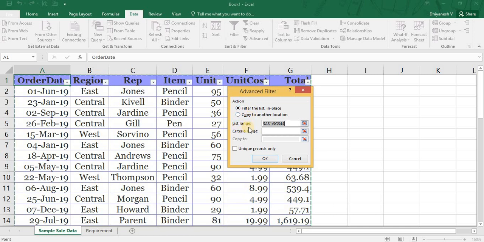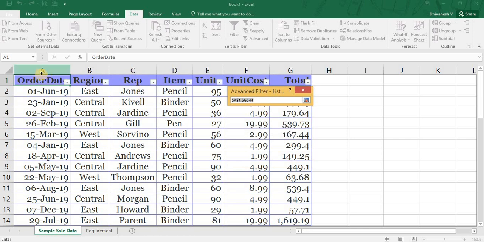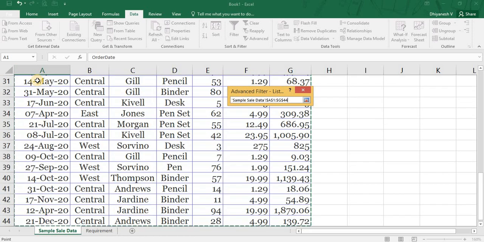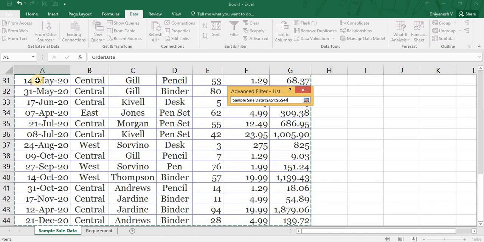List range represents the data which you are going to filter, the entire data. So I have to select the entire data range. Generally the advanced filter option or the normal filter option automatically calculates the data range by itself.